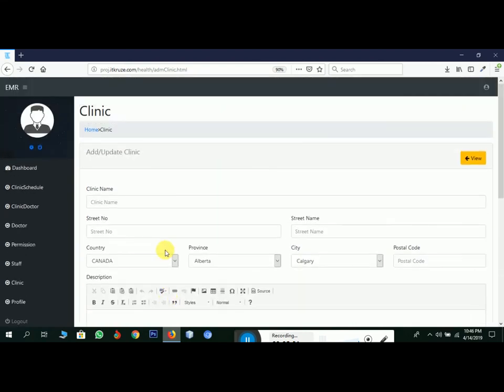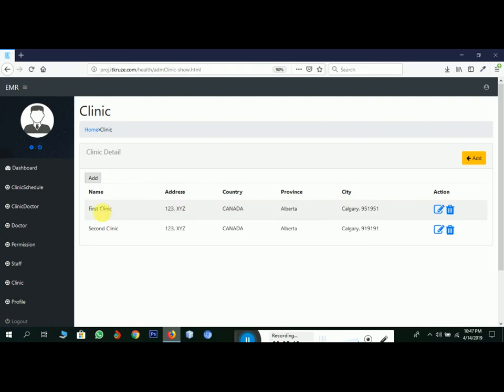Basically it is only the registration form for that clinic. By using the view button we can view all the different types of subclinic which we have created under this clinic admin, like first clinic, second clinic. We can update or delete that clinic by using the action.